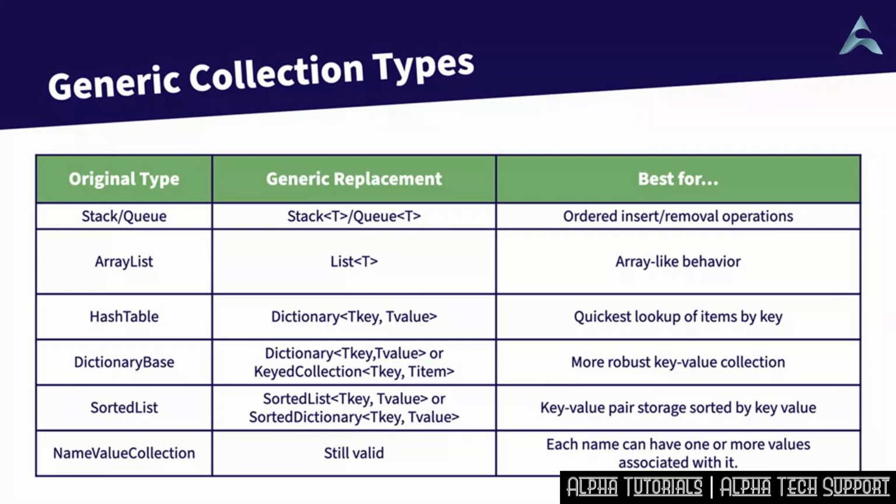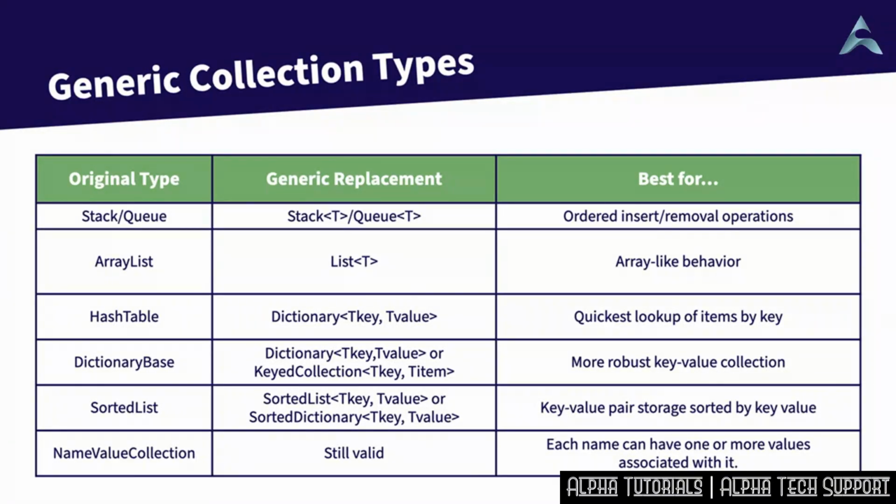It's used throughout the framework for things like HTTP cookies, for example, where you have a given name and you can have one or more values associated with that name. As you can see, there are a number of different collection types, each with different semantics for how you use them. Again, the list is the one I use most often